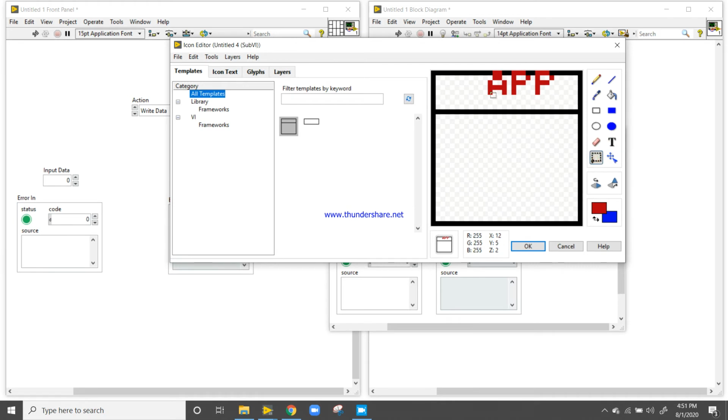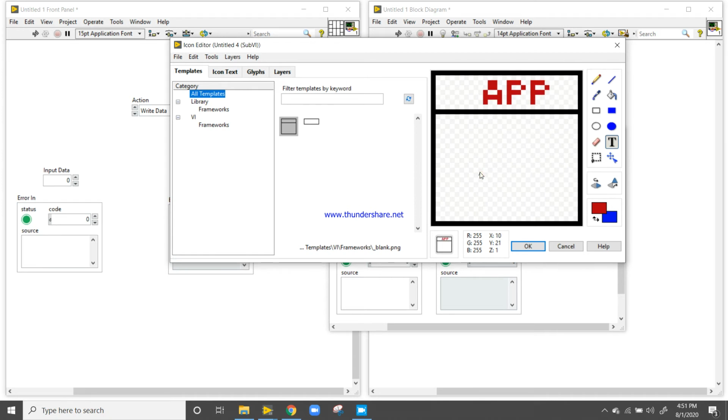Select all, right here, A P P. No, it's not good. APP is good.